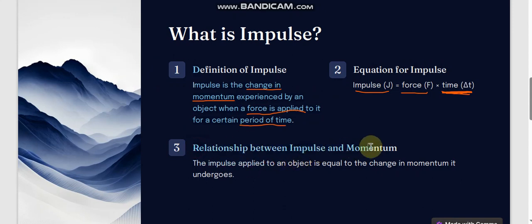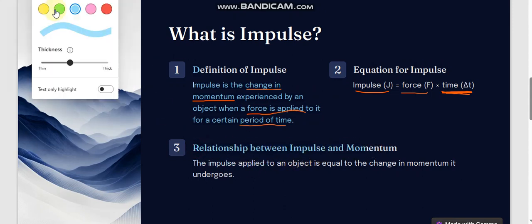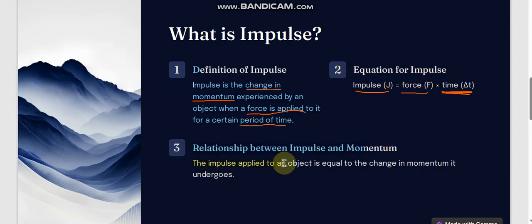The relationship between the momentum and an impulse is that the impulse applied to an object is equal to the change in momentum it undergoes. So that is the relationship: the impulse is equal to the change in momentum. That is the summary of the main relationship, that the impulse, which is denoted as capital letter J, is equal to the change in momentum it undergoes. So this here, guys, is what shows us the